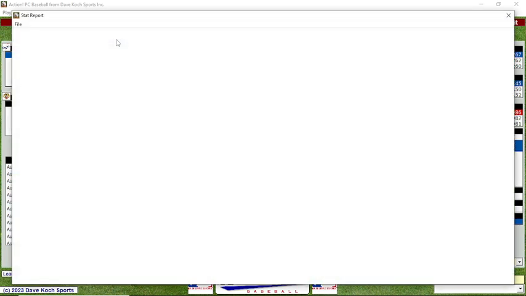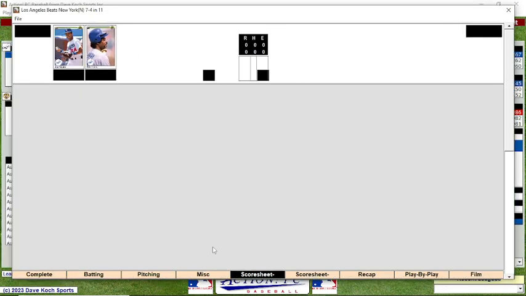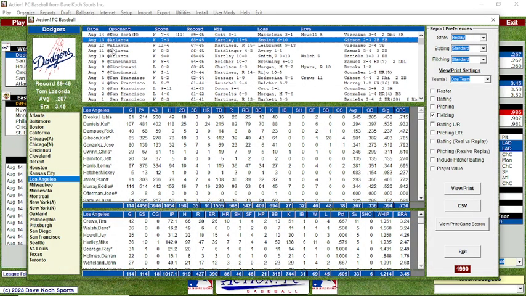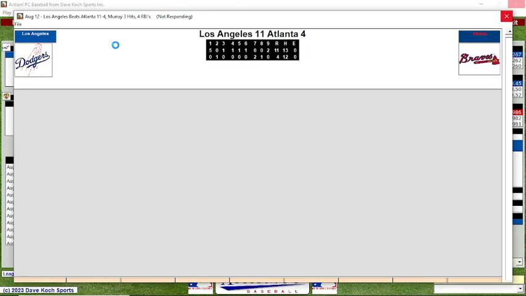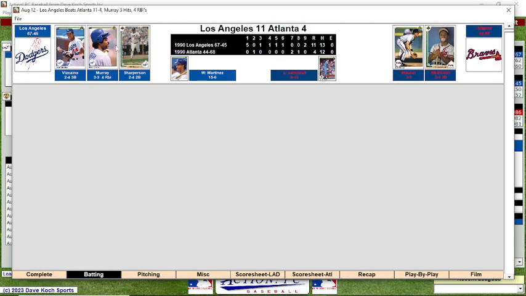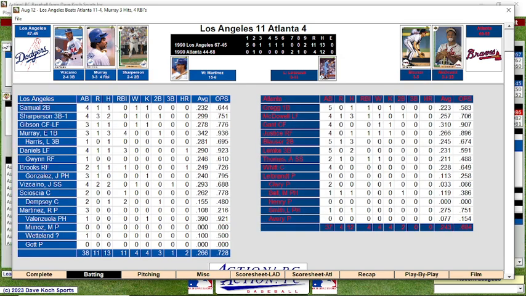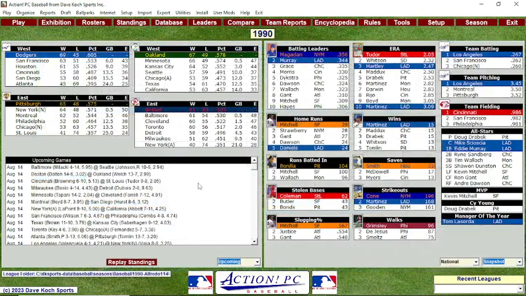I mean, you could just tell the anger, frustration, shock, if you play this many games and then something just disappears. Now, they say back it up. I backed it up. But now I can never go back and look at those box scores again, in case I want to check on something for the playoffs, or just if we play this team again, how did we do in this particular game? Which guys hit the best against a certain pitcher? Looks like this game is complete. So we lose 2 of the box scores. So Atlanta and New York, the first game of New York's series.